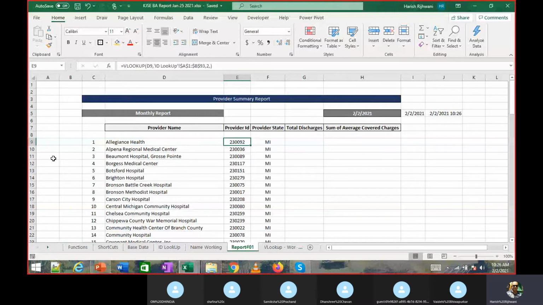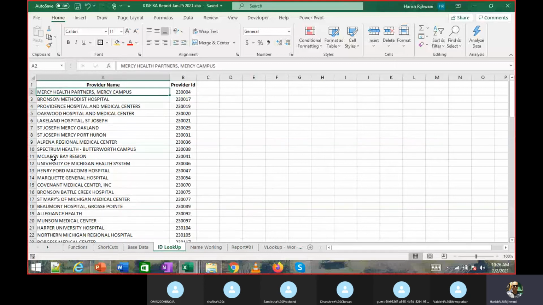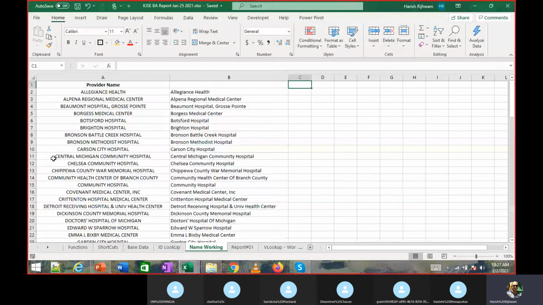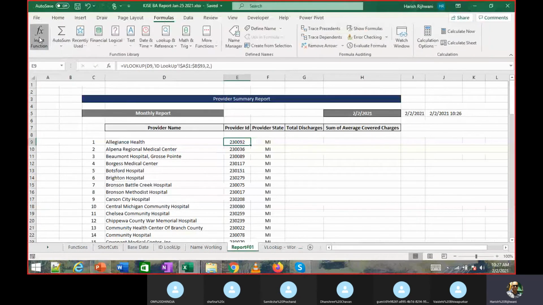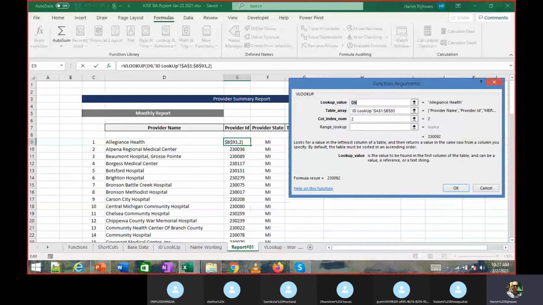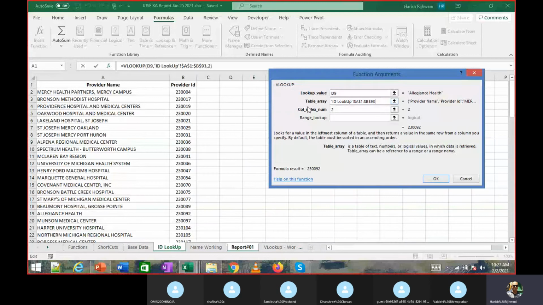So can you try this VLOOKUP on this provider name? The first step, you need to add a sheet, copy provider name, then copy provider ID, remove the duplicates, and on that sheet, using that as a table array, we need to apply VLOOKUP. So I did it manually. I did not use the formula function, but I would suggest you try it with the formula function. It will be easier for you to understand if you're doing it for the first time, and you'll get an idea. When you are here, you have to select this particular table array from another sheet.